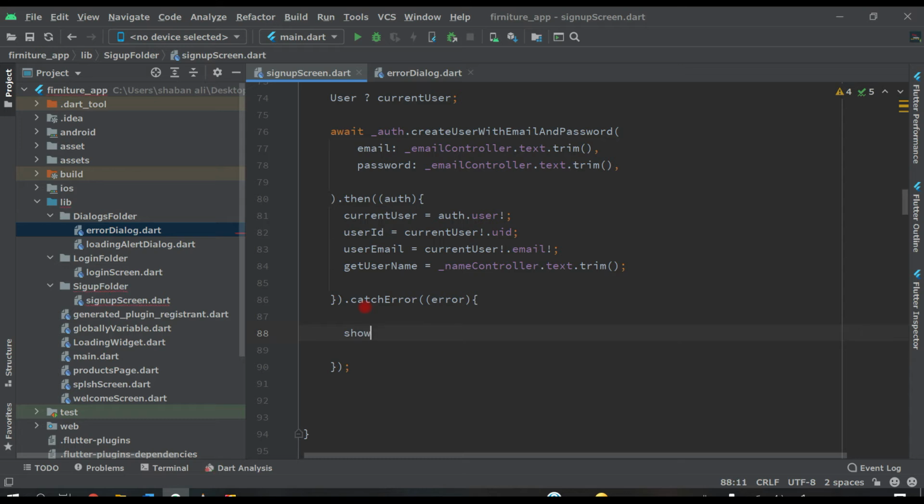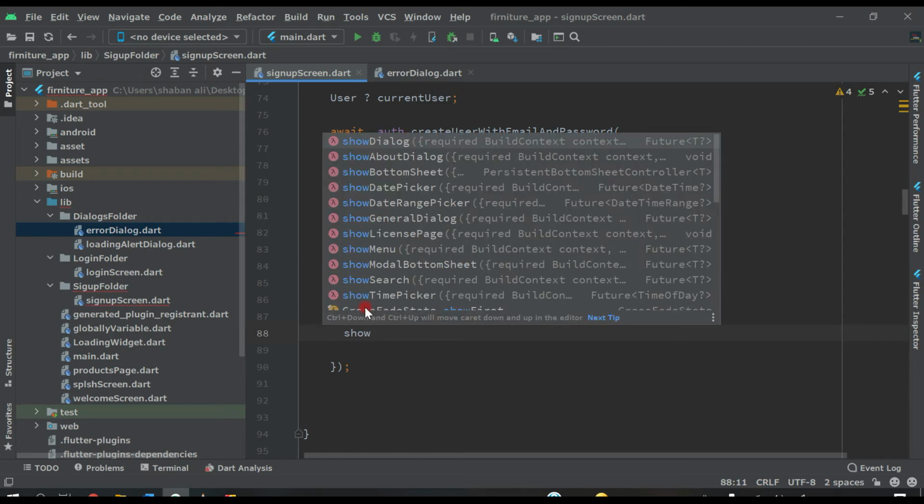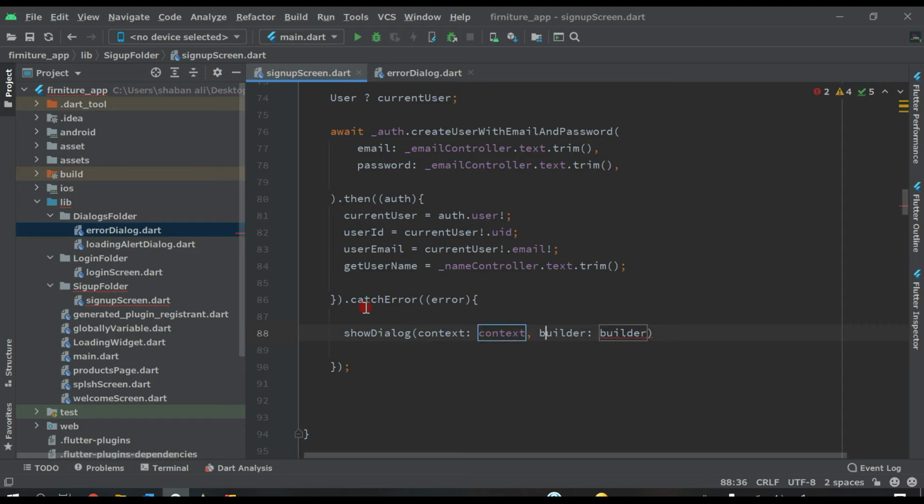Inside this we will show a dialog box. If something goes wrong, we will display a dialog box that there is a problem.